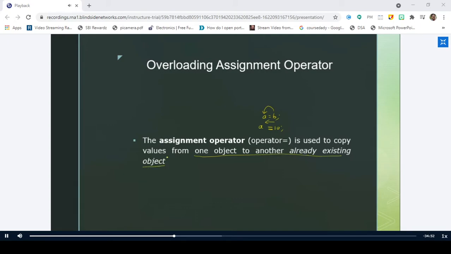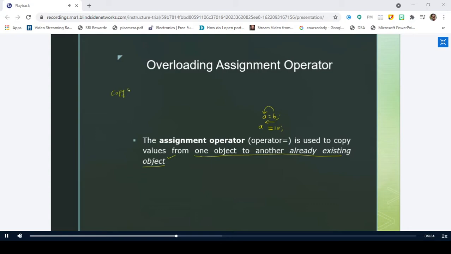This is very important. Have you ever heard of any concept where you can copy the values of one object into another object? Yes, sir. Previously we had the copy constructor.